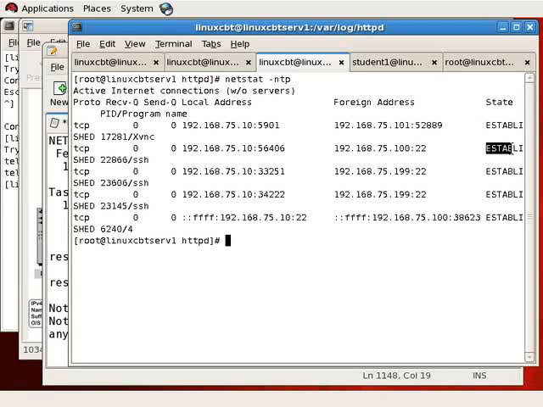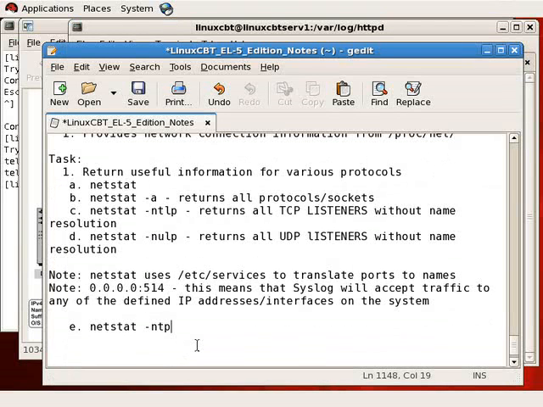Here are actual connections, not just listeners, but connections between a given source and a given destination. For example, this shows us that from our local system, 192.168.75.10, on a high port of 56,406, we have an outbound established SSH socket to Linux CBT Media 1 or 192.168.75.100 on its SSH port, and